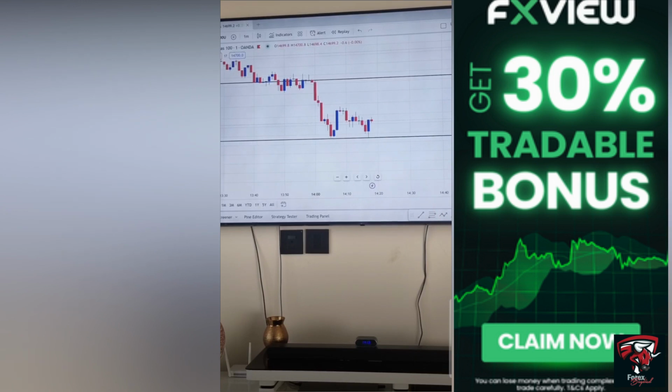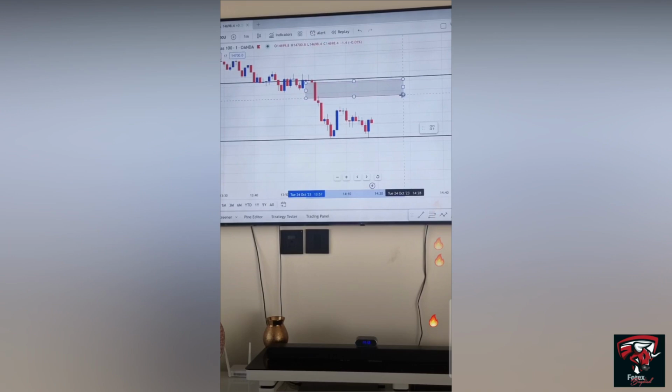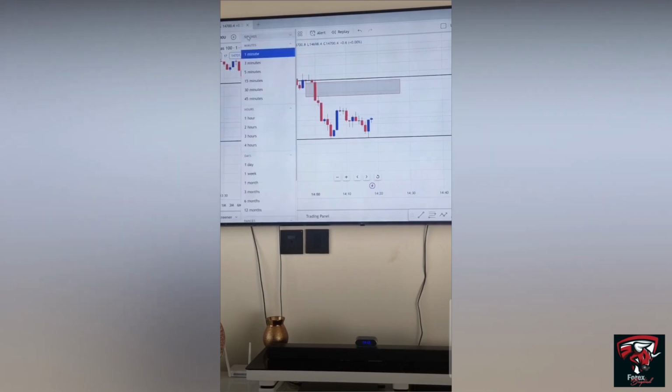Not understanding that the market cycle allows for this. We expect price to come back because this is the market cycle, right? Accumulate, distribute. So it allows for this. The market allows for this, but if we have a higher time frame,